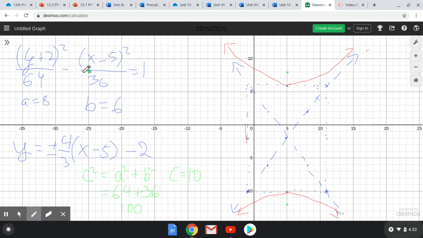So essentially, if these two terms had been switched, right? If these two terms had been switched, then the first thing that I had drawn would have been correct. So if this whole thing had switched place with this whole thing, then the first thing I drew would have been the right graph. But because y was first, it needed to be up and down. So hopefully that helps. I know it's a lot of pieces, a lot of things to remember, but